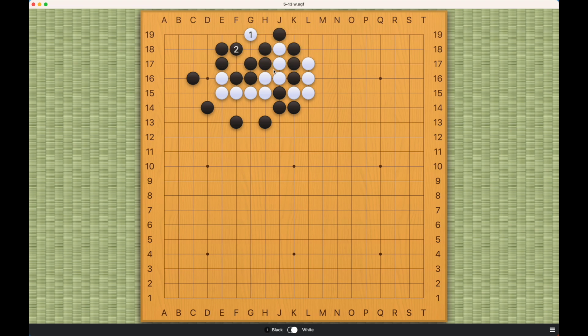What about this? Now White can cut and Atari, and White will win the capture race this way. So no matter how Black responds, White will succeed after White's number 1. So this previously seemingly very solid shape is actually not solid at all, which brings me back to my point